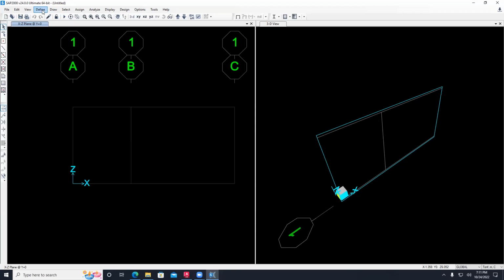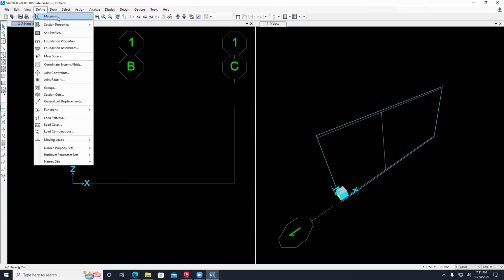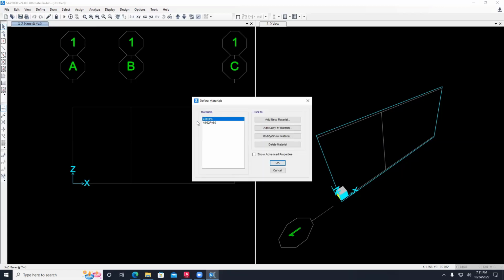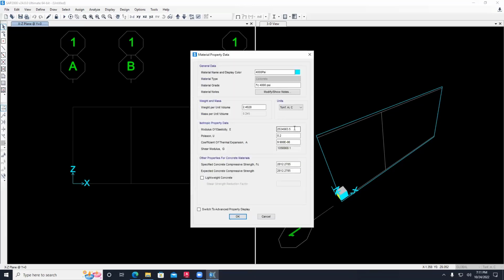to define, but it's only given in E and I. E goes in the definition of the material. I goes in the definition of the cross section. So the first thing is I need to define a material. Oh, A or I will be in the cross section dimensions. So modify the material, and the only thing that I need from the material is E,